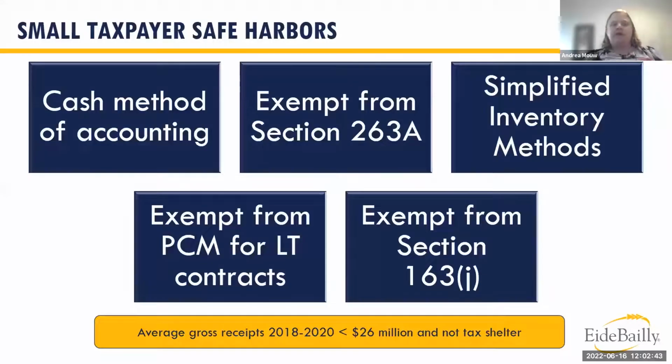So as I said, the small taxpayer safe harbors, these were part of the Tax Cuts and Jobs Act, and as long as taxpayers' average annual gross receipts are less than $26 million, they're eligible to take advantage of any or all or some of these safe harbors. The use of the cash method, exemption from UNICAP, the simplified inventory methods, where we're going to spend a lot of our time today, talking about how do those methods work? What should taxpayers consider? What do they need to potentially do to move to a method that's consistent with the final rules? The exemption from the percentage of completion method for long-term contracts, and also the exemption from the interest